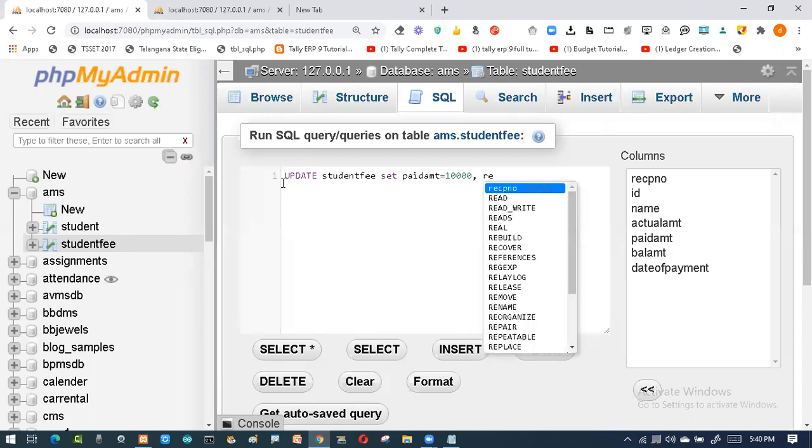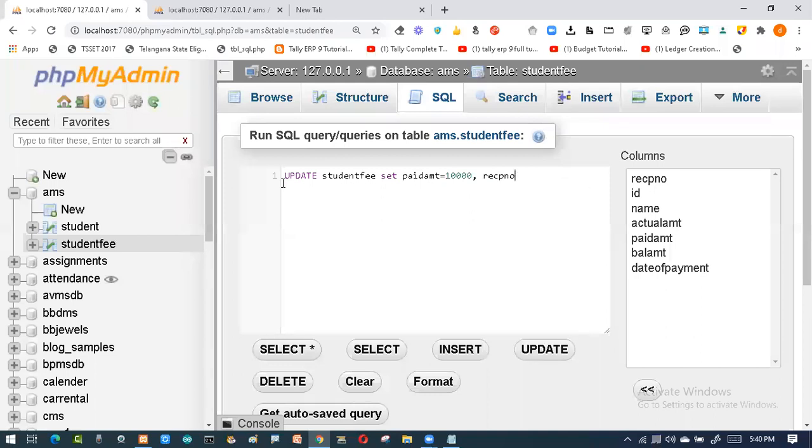Then I have to give the receipt number. So the receipt number I am giving for her is 1001. Who has paid this amount, and to whom do I have to give the receipt? I have to give the receipt to the person whose ID is 1.